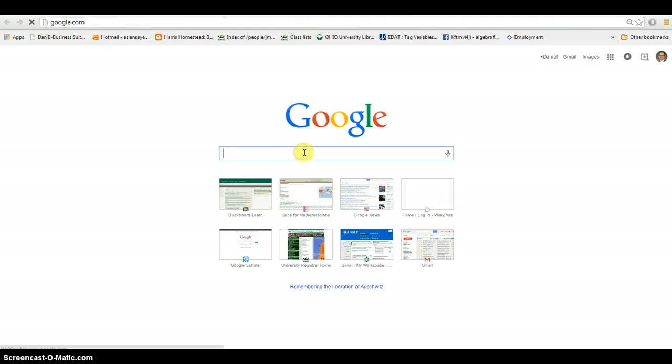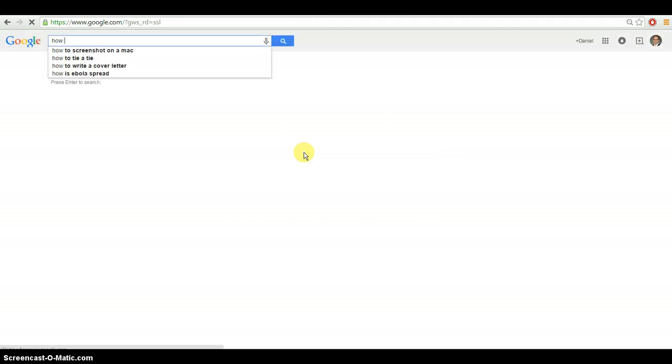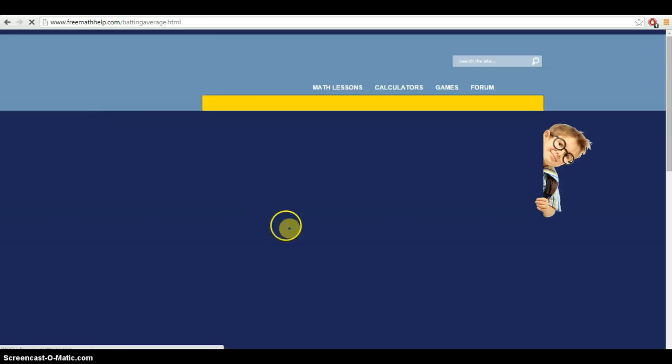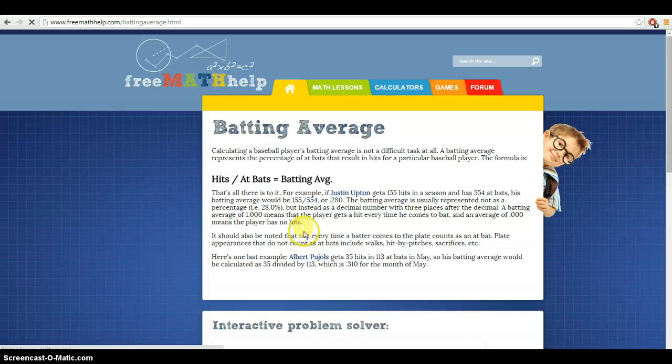and Google how do you calculate batting average. We get several things here. This calculator would probably actually do the work for us, so we wouldn't have to do anything. Let's just click on the first one here, and we get right away the formula: hits divided by at-bats equals